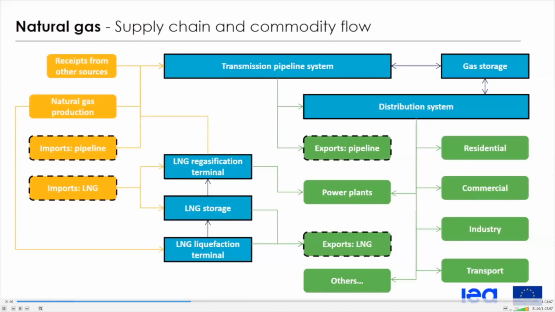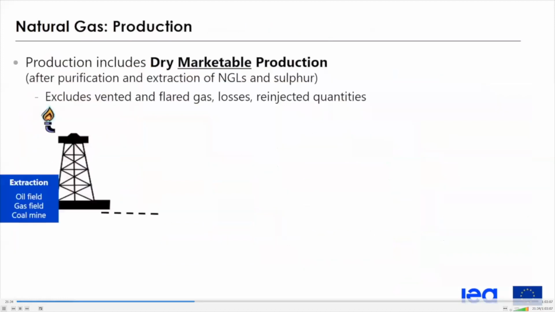From the transmission system, it goes to the distribution network, which has a lower pressure. Most of the small and medium natural gas consumers are connected to this grid, which explains the importance for us to have clear and precise data collection on the trade of natural gas, to know which part has been imported as LNG or as gas through pipelines.